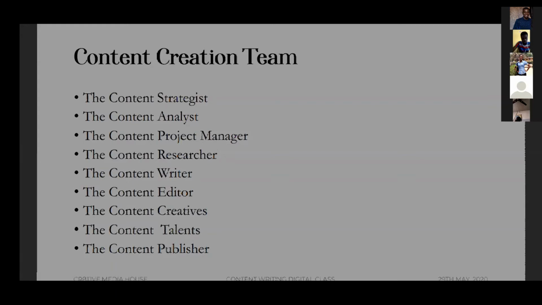Then the next is content talents. Content talents, of course, are those actors, actresses, voiceover artists, all those people that interpret the content and act out the content, basically. So while the creatives are not visible, basically, they are not people you see, who you see are the content talents. They are the ones that interpret your idea into something that everyone sees.